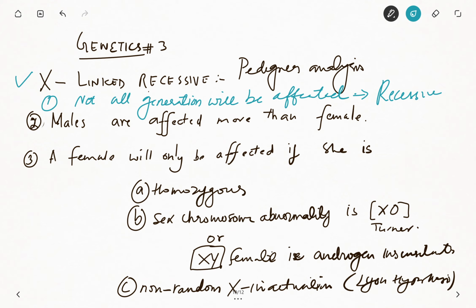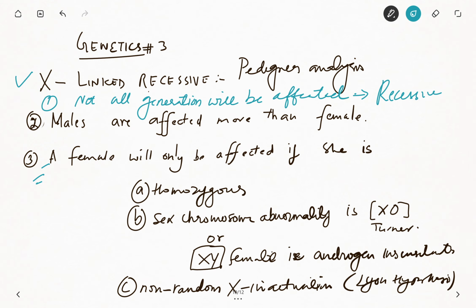So if you see more males affected on a pedigree than females, you can think that it is an X-linked recessive. But to be confirmed, there are other things to look for, and that is point 4. But here I have to discuss point 3, and that is a female is usually a carrier, but she will only be affected if she is homozygous for the condition, or she has some chromosomal abnormality,